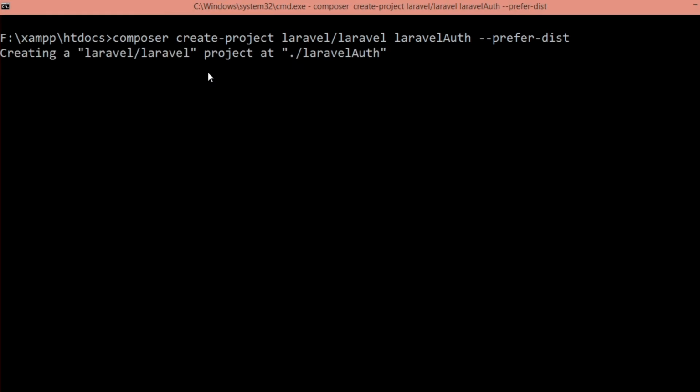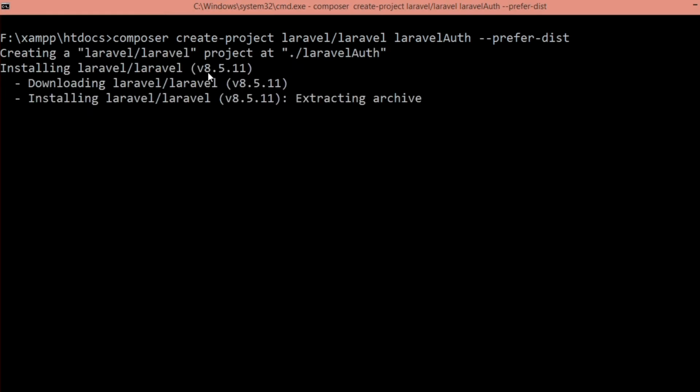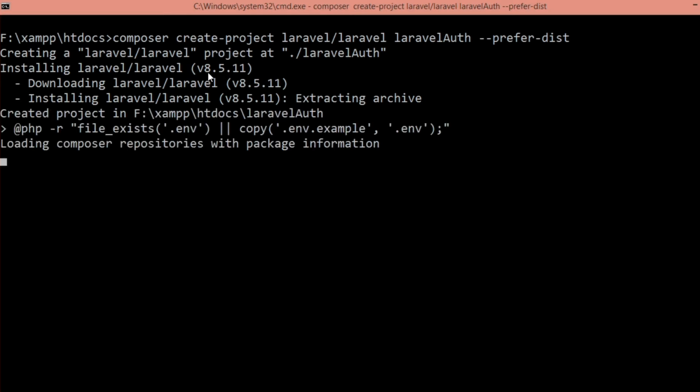You can just see the particular prerequisites, the folders that should be within Laravel projects, are being installed. So guys, it will take some time.